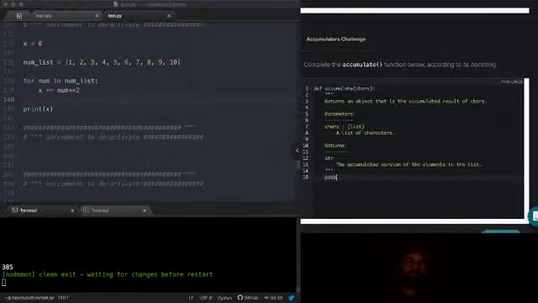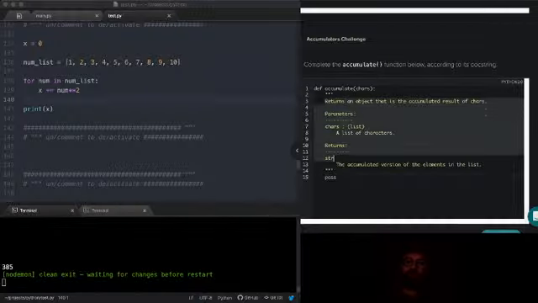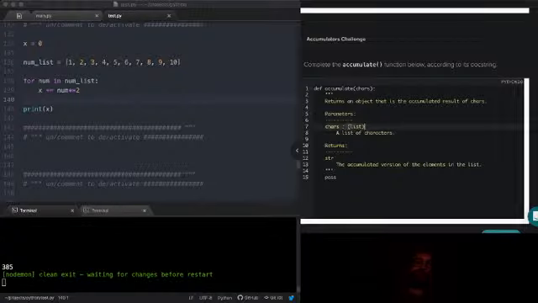All right, so complete the accumulate function below according to the docstring. It returns an object that is the accumulated result of chars. The parameter is chars, which is a list of characters, and it returns a string.